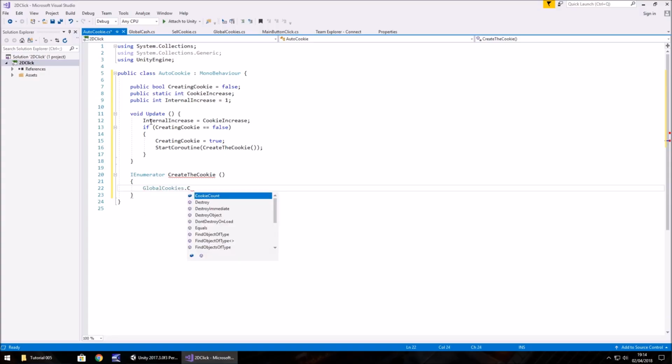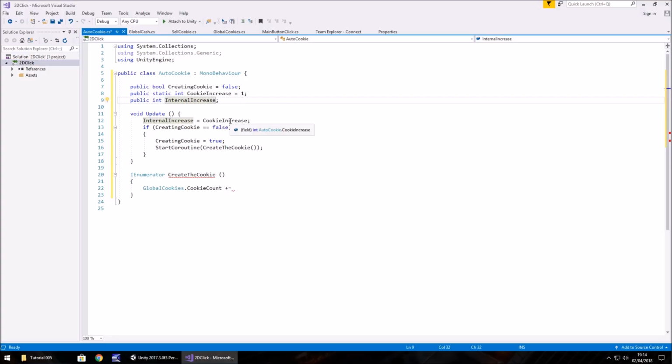cookies.cookieCount += ... and because we're going to do 1, it always needs to be this variable, and because we're making this variable equal here, well, in fact I'll make this one equal 1. I've realized I've done that the wrong way around. So the main one is going to be equal to 1 when we start off. So obviously internalIncrease and these two are now going to be the same. That was my mistake first. I made the internal one 1 when I should have made the static one 1. So this will be internalIncrease;